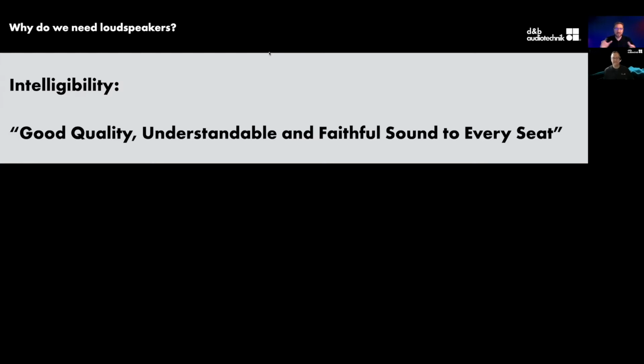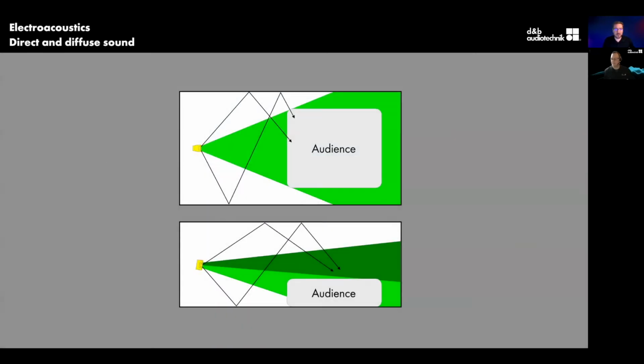And if this is our goal, what are the things that we have to consider when we're talking about being able to create an intelligible show, to be able to say that this show, this message, this convention has an intelligible audio quality? The first thing we need to take into consideration is the idea between the direct and diffuse sound. We all know that sound does not go from our mouths directly to someone's ears, or from a loudspeaker directly to someone's ears.